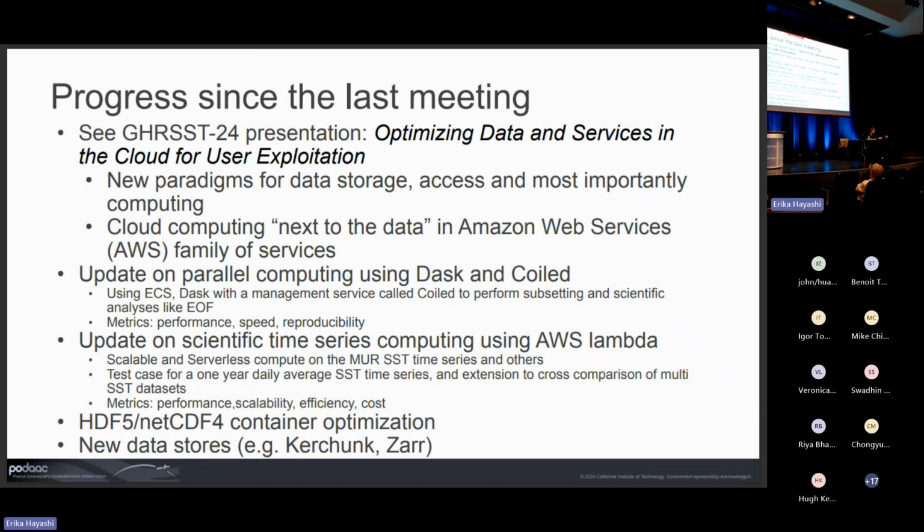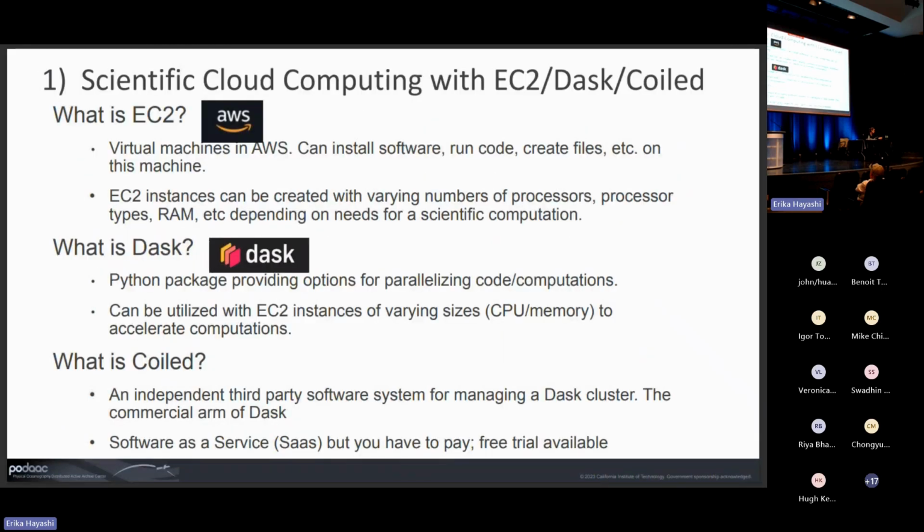Actually, I work on the NISAR mission too, as part of my time at JPL, and they have a product in HDF5 that they've optimized for the cloud. And if I have even more time, I'll talk about some of the stuff we're doing with Kerchunk and Zarr. But again, the last two bullets, probably I'll dive into this afternoon in the GDS2 evolution session. Okay, so